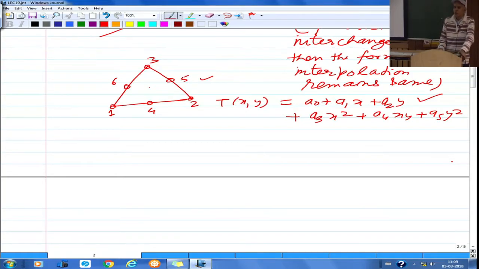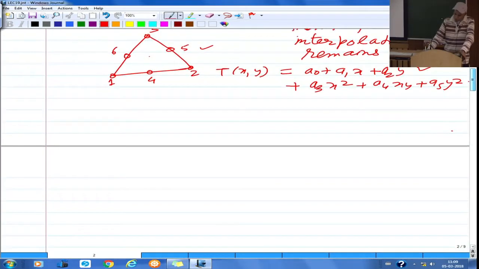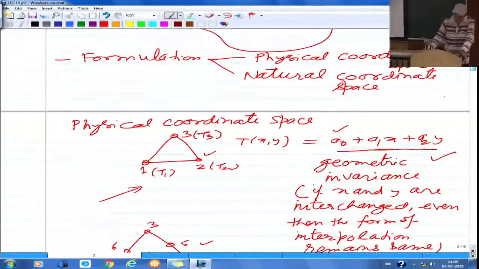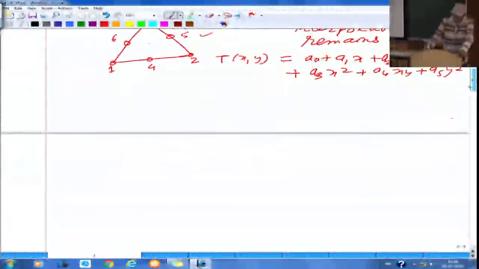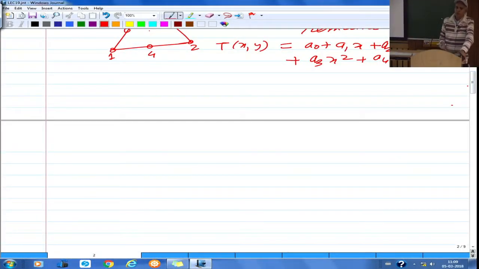You can also use quadrilaterals, but we are still within the physical coordinate space, and we will have to keep this in mind. So if you think of quadrilaterals in formulation in physical coordinate space, we are only restricted to rectangles. So next to the triangle we can have a rectangle,